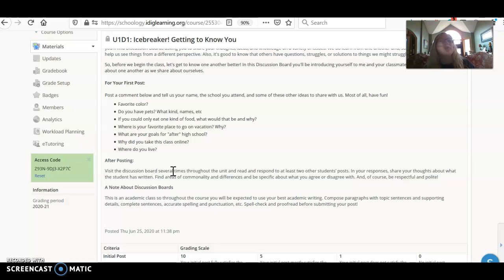And in each of your posts, whether it's your initial post or your responses to classmates, you need to make it thoughtful. A lot of times it's easy to just say, "Oh, cool, yeah, I agree," or "Oh, that's really awesome. You go," or something like that. Whereas if you can ask your classmate a question, or pose a question in your own post, and you can actually link in other things,